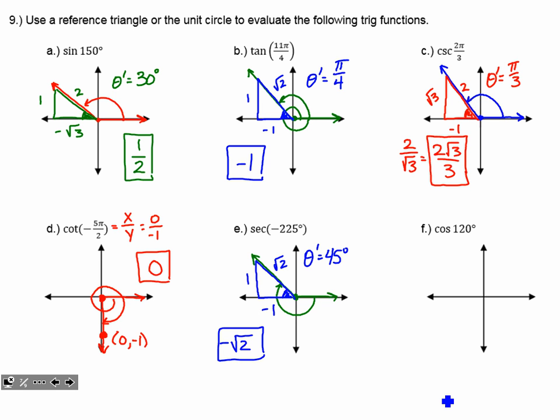And lastly, cosine of 120 degrees. Draw that in and end up in quadrant 2. This is not something that you should be expecting to happen on the test. It's just kind of a matter of coincidence that the problems generated show this. Construct our reference triangle, just like the one directly up above it. We're left with a reference angle inside that is 60 degrees. So we'll label the legs accordingly. And the cosine of that, adjacent over hypotenuse, is negative 1/2.